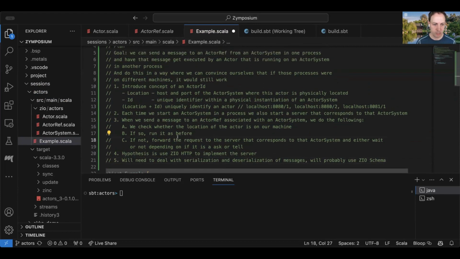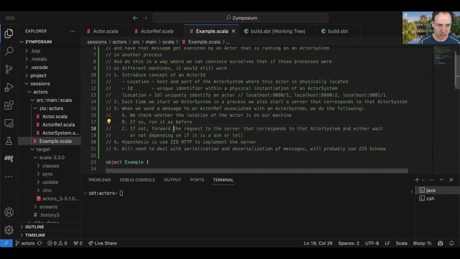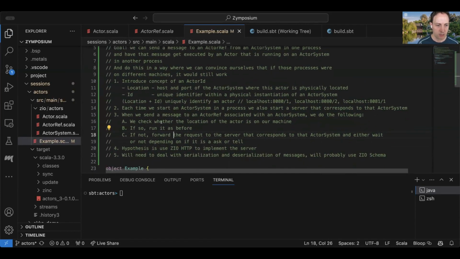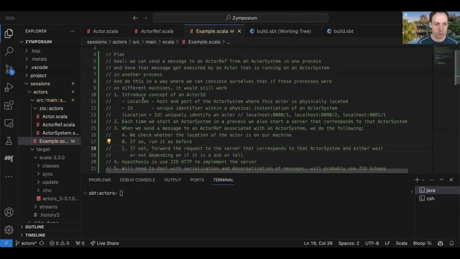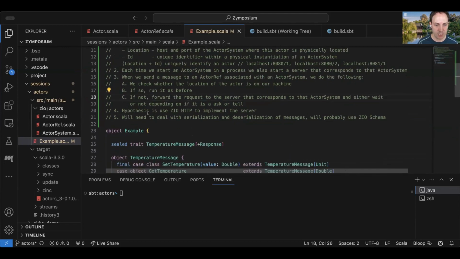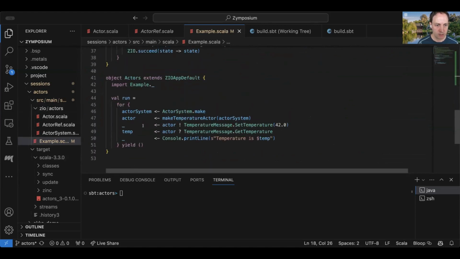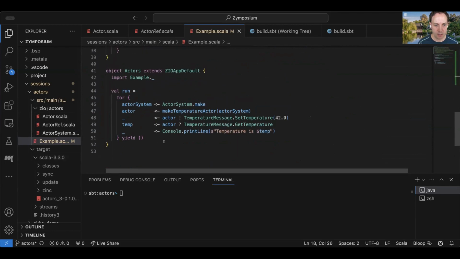Cool. So I think this gives us a reasonable plan to start to work on here. And I think what I'm going to do for most of this, because almost everything we're going to do here is going to really be internal, if we go back to our example here, obviously to at least do the remote example, we're going to actually have two different processes that have some of this stuff. But beyond that, I don't think there's going to be a whole lot that's going to change in